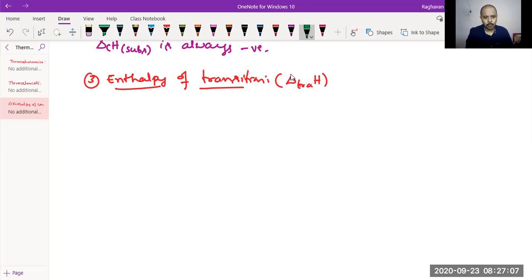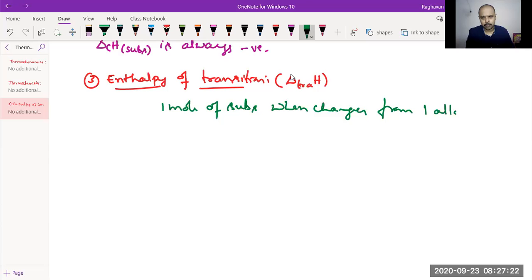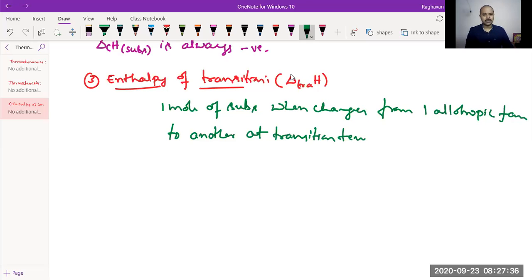So when 1 mole of a substance changes from one allotropic form to another, say at the transition temperature, is the condition. So that is called enthalpy of